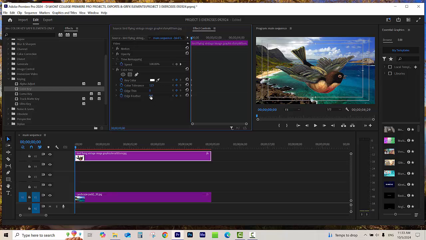And then the edge feather, what that does is kind of smooth out that edge. Okay, so if you go too far, you might start getting the edges of the frame. So be careful with that. This is also something that's very sensitive. So I'm going to maybe do 0.5%. And then I might go back here and do edge thin 1. And that actually is still cutting some other